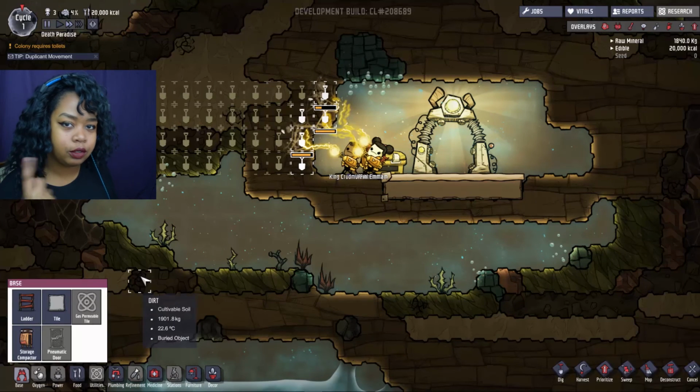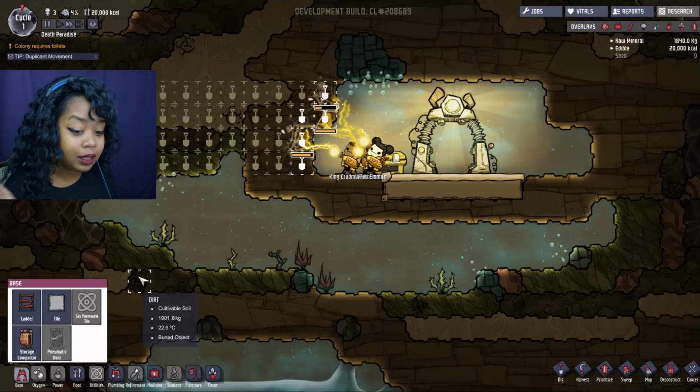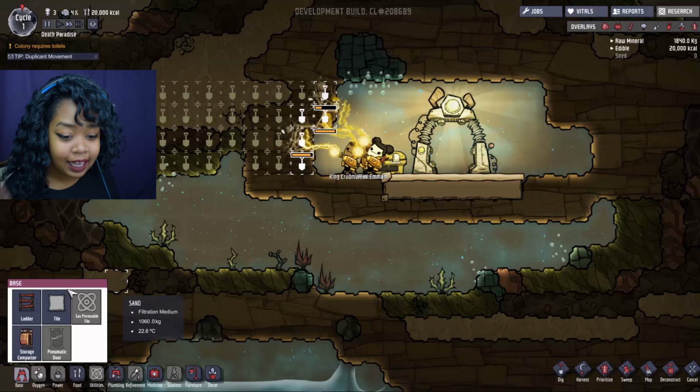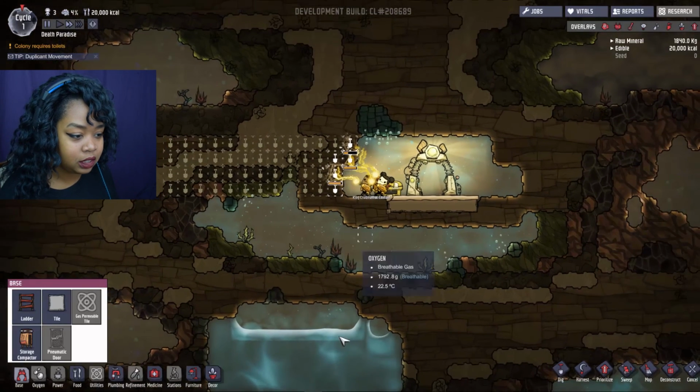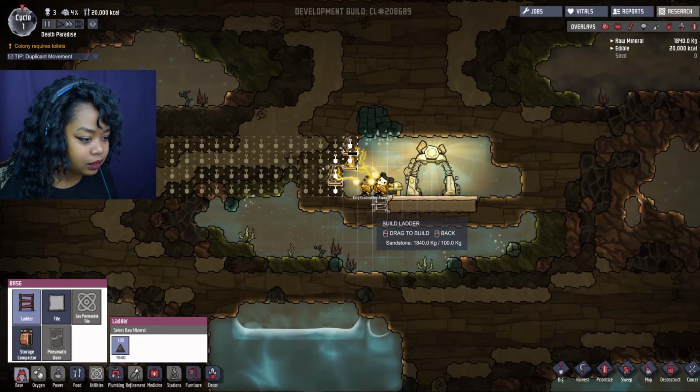So to start off, you can make ladders, tiles, storage compactors. There are doors that you can get. There's several kinds of doors. But ladders, tiles, and storage compactors. Ladders are to get like anywhere. We're gonna need a ladder to go down into the water. So I'm gonna place that first. We're just gonna put it